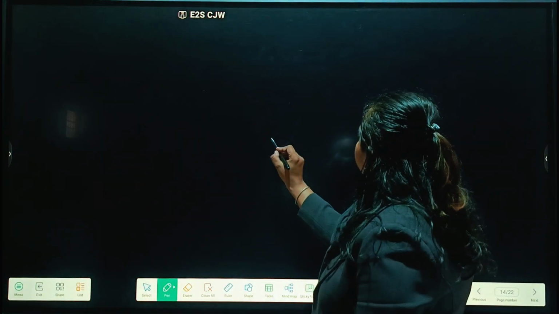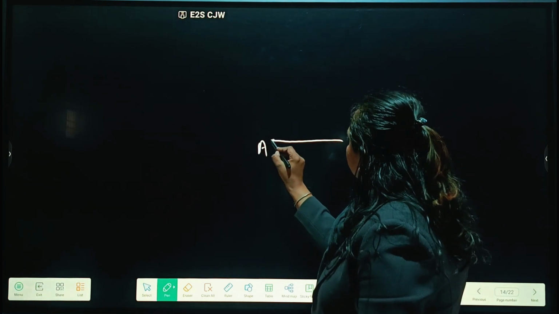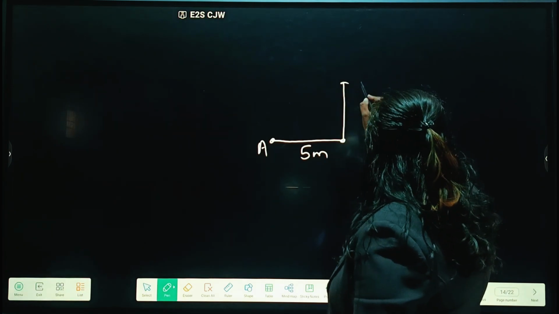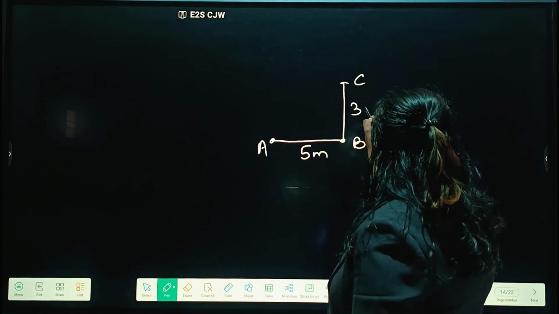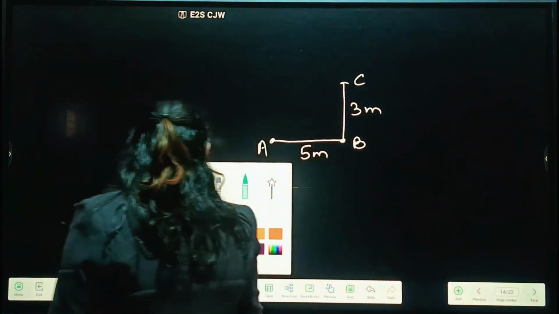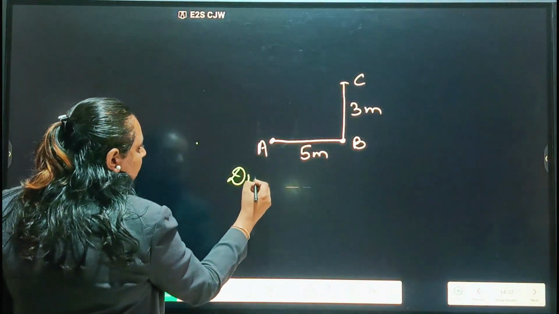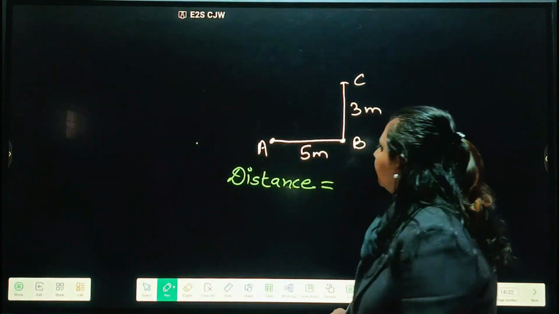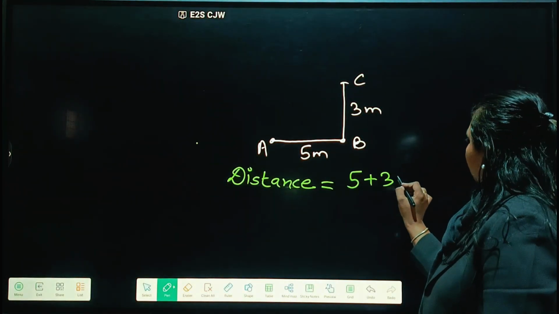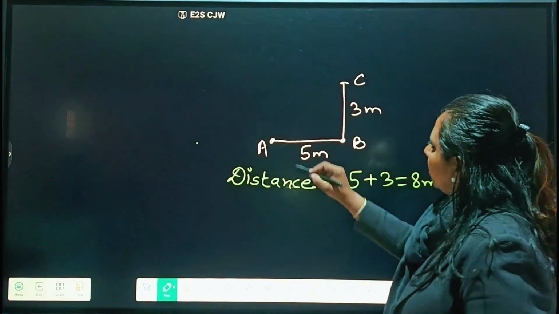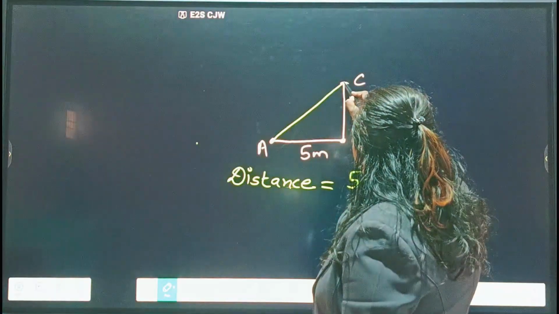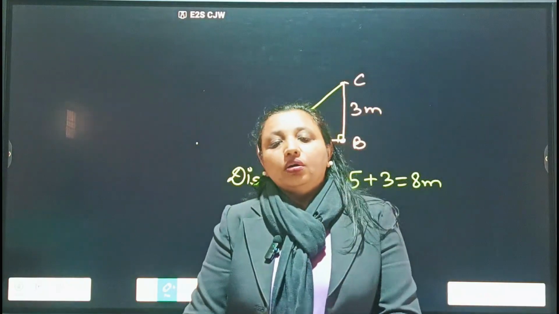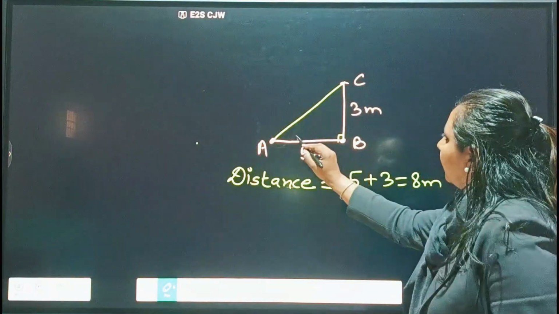ठीक है, suppose an object starts traveling from this point to this point, 5 meter, then goes in that direction, it's 3 meter. So the distance in this case is the total path length, that is 5 plus 3, that means 8 meter. But how do we find the displacement? The shortest path between the initial and the final positions. We can use the triangular law or the Pythagoras theorem, both, because it is a right angle triangle.